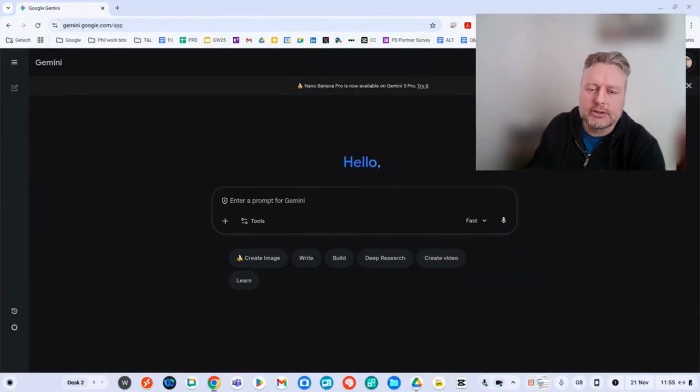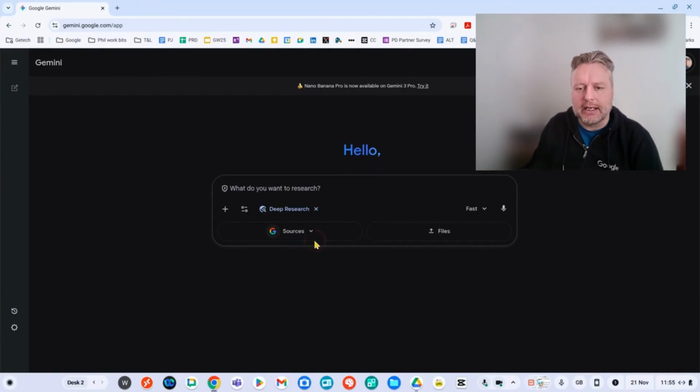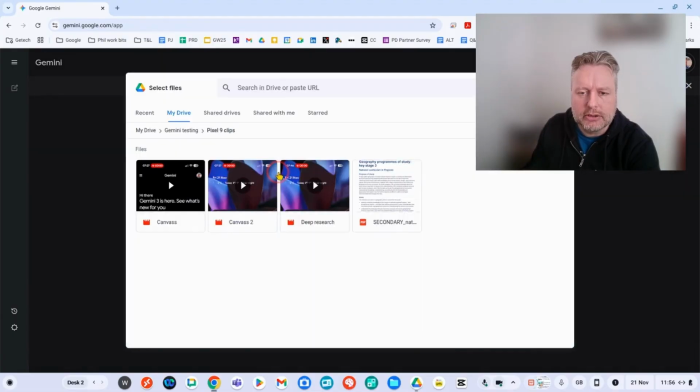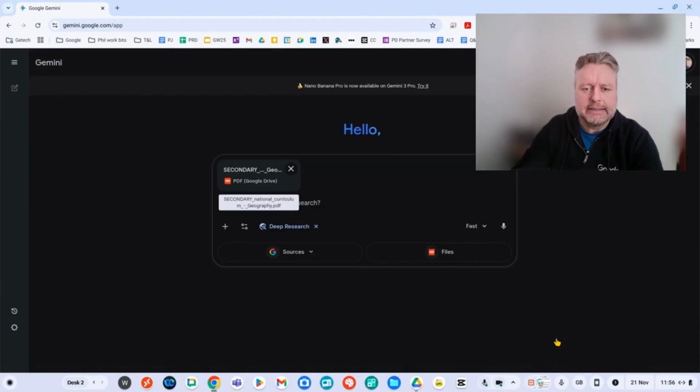So we are going to start off with having a look at the deep research element. So I'm going to click on where it says tools and I'm going to go to deep research. This will allow me to take sources from the internet, upload files, and I'm going to upload information from my drive. I'm going to take the secondary national curriculum for geography, and I'm going to imagine a scenario that I want to plan a series of lessons based upon Key Stage 3 geography for a certain number of users